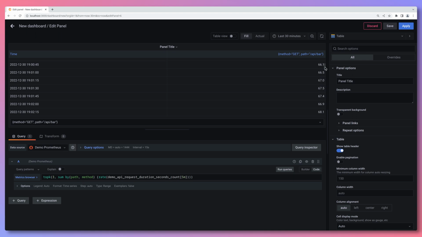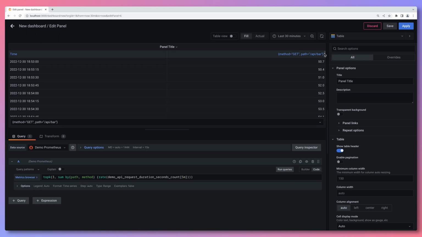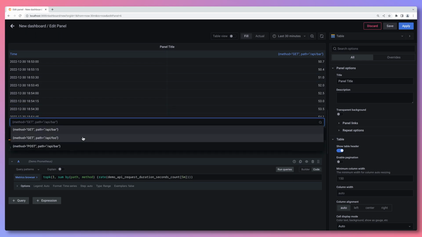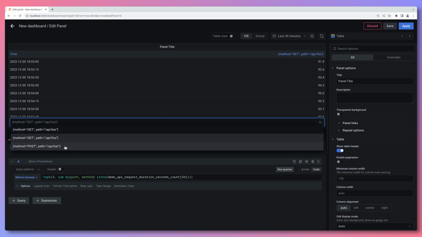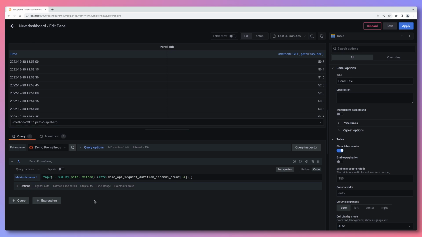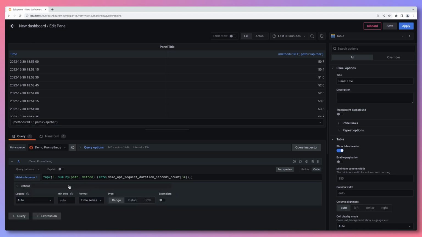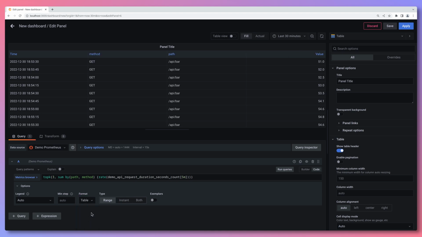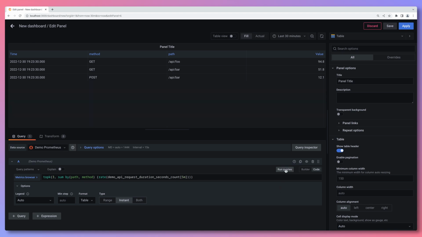We see a bunch of different values over time for a single selected time series. And we can select which time series to show, but we would actually like to see all time series at once and only the latest value for each one of them. So first of all, let's switch the format option from time series to table. And secondly, let's change the query type from range to instant so that we only fetch one latest value for each series. If we run the query again now, the table looks much better already, showing us the top 3